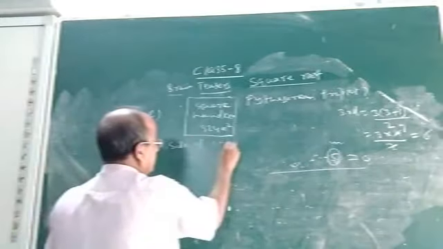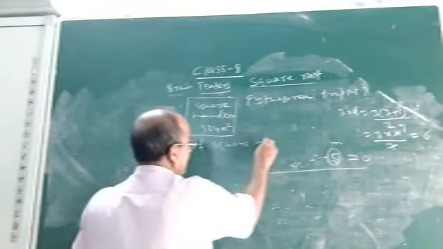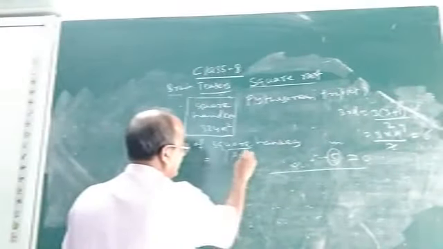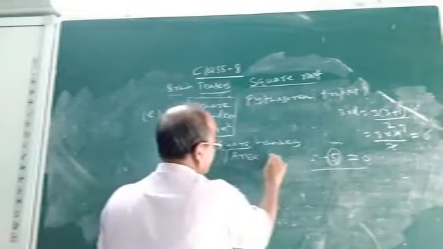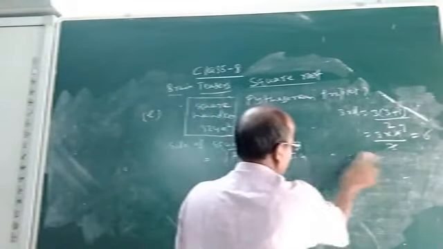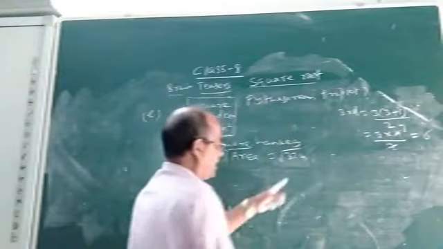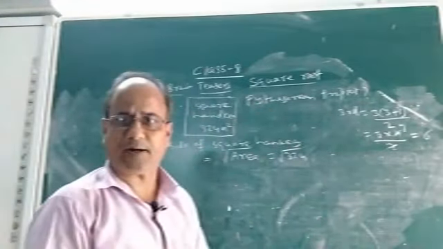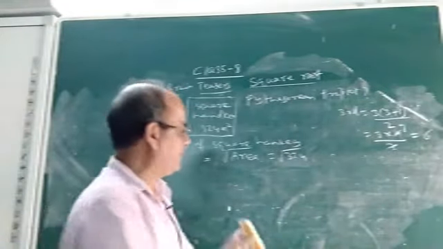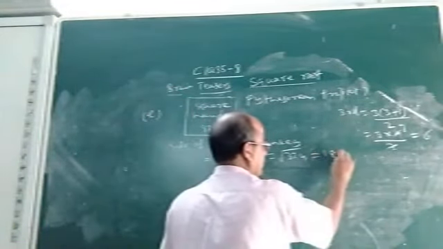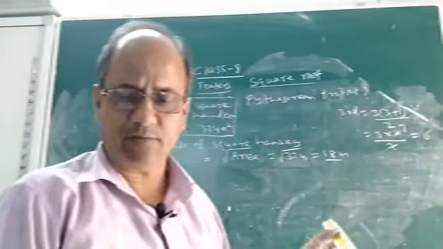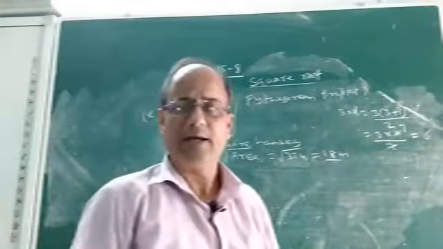So side of square equals square root of area. You find the square root. It is square root of 324. So what will be the square root of 324? Either you find it by long division or by prime factorization. It is no doubt a perfect square number. So it will be 18 meter. You find it out by long division or prime factorization. It will be 18 meter.